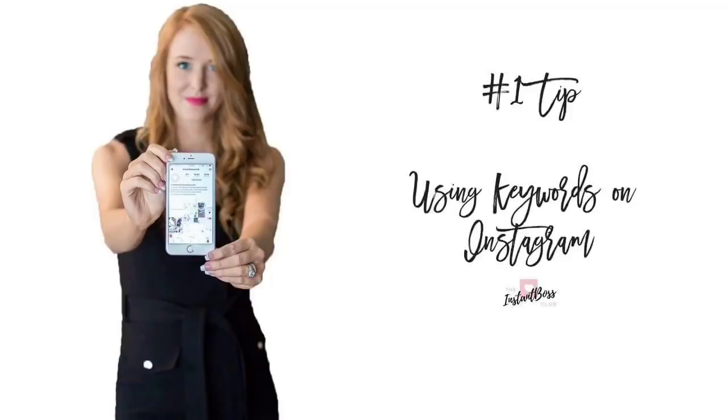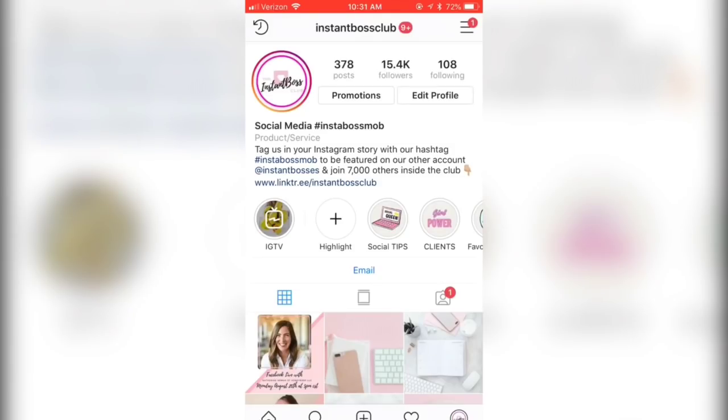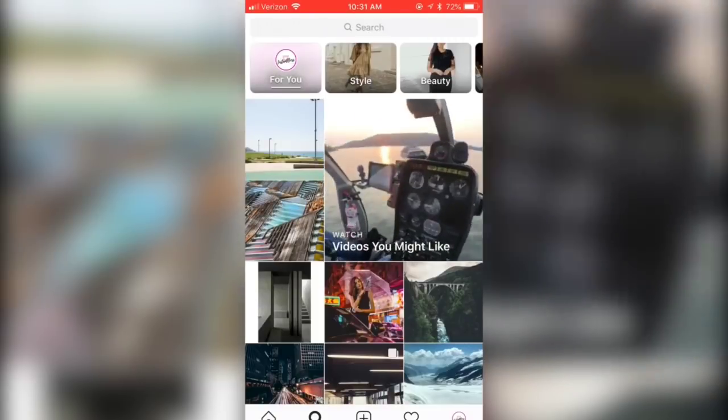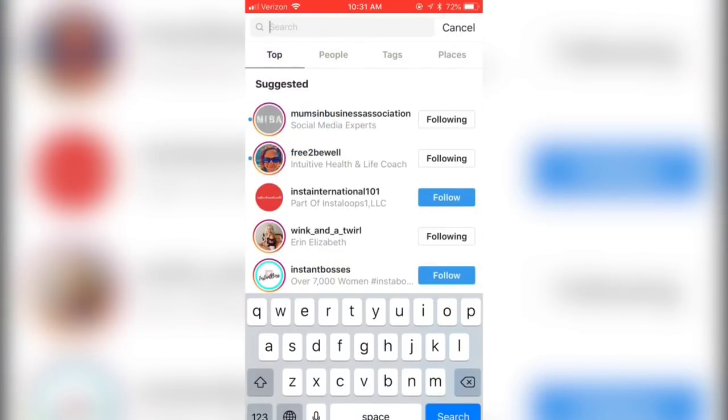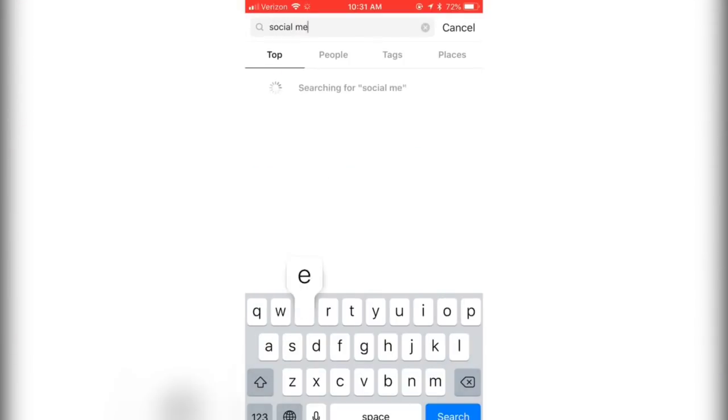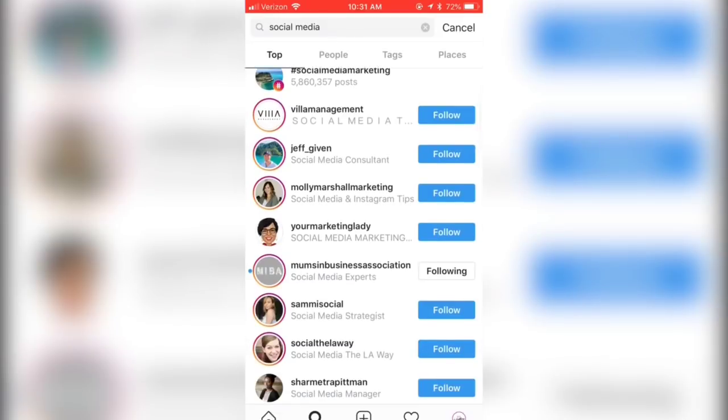Using keywords. Alright, so my first tip is going to be using keywords in your Instagram bio. So you'll see right underneath my profile image in bold letters, I have written social media #InstaBossMob. So these are keywords that I think my followers or my target audience are going to be searching for on Instagram. So if I search social media, you'll see that my account's going to pop up along with